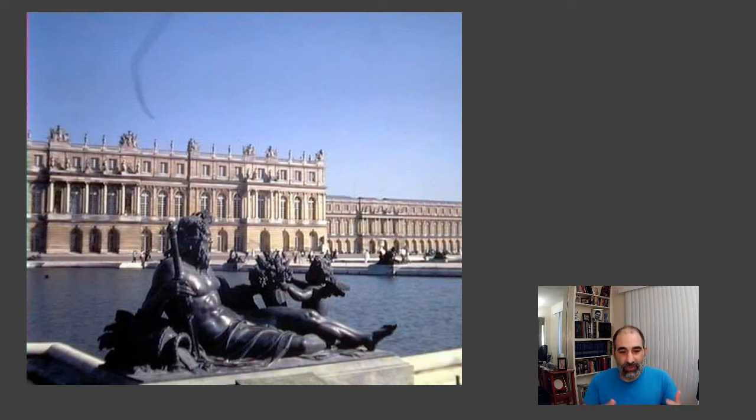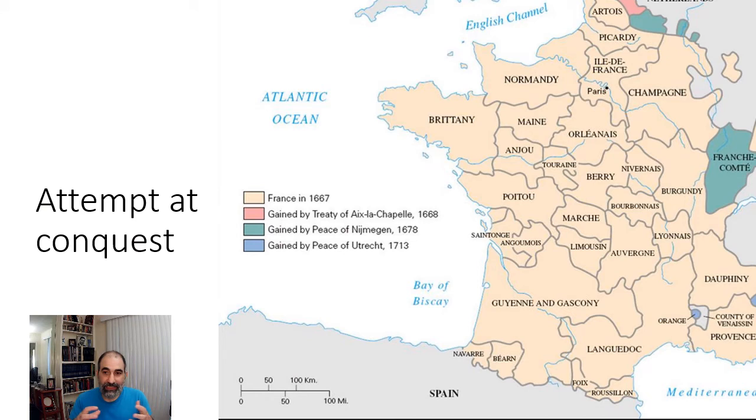What else can Louis XIV do to show his absolutism? One of the other things a lot of monarchs like to do to show their power is fight wars. So let me go to our next slide here. So here what we're seeing is Louis XIV's attempt at conquests, right? Fighting wars and trying to show his power. And he conquers a little bit of land. This map kind of shows some of the areas he gained. And you don't need to know the detail on this, this being just a survey course. I'm not expecting you to know every single detail on this.